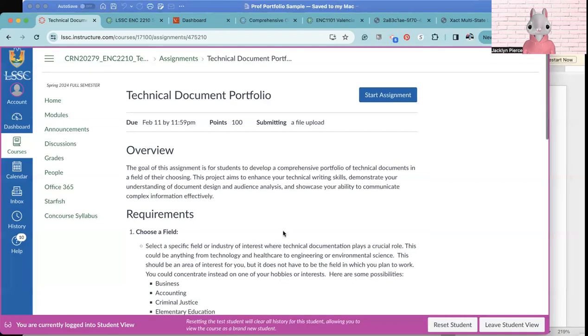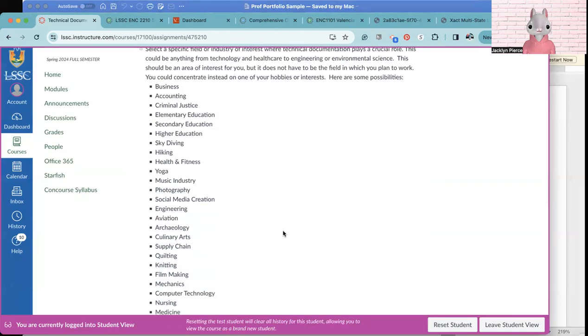Now, of course, most of you are going to have a field that you're interested in exploring. And I have a very long list here of possibilities. So, I mean, it could be something as highly technical as engineering or as folk artsy as knitting or quilting. Like, one of the reasons I enjoy teaching this class, and I think I've talked about this before with you guys, is that